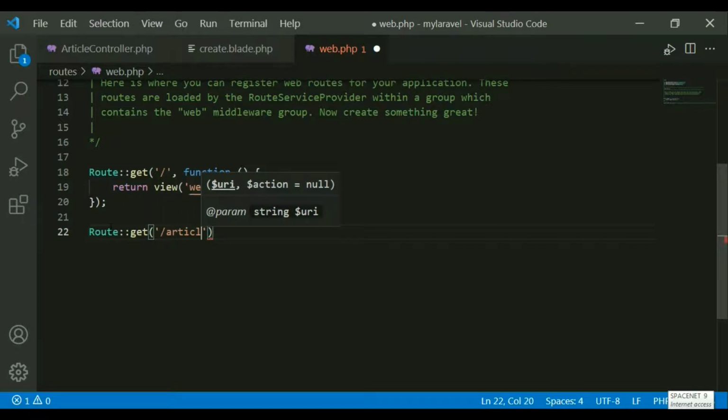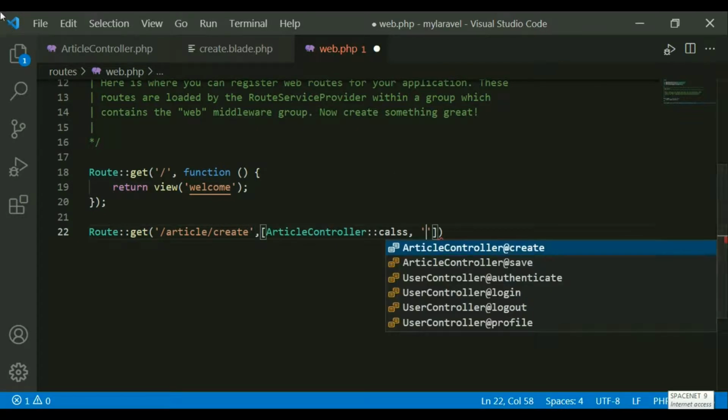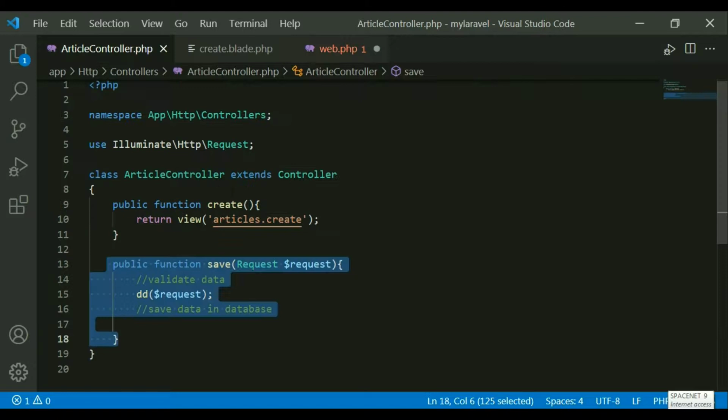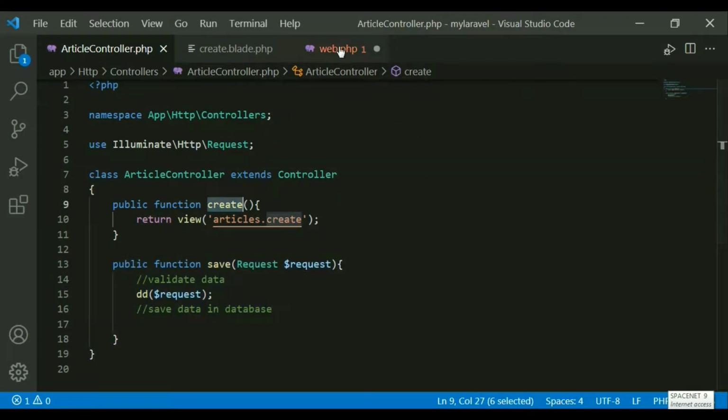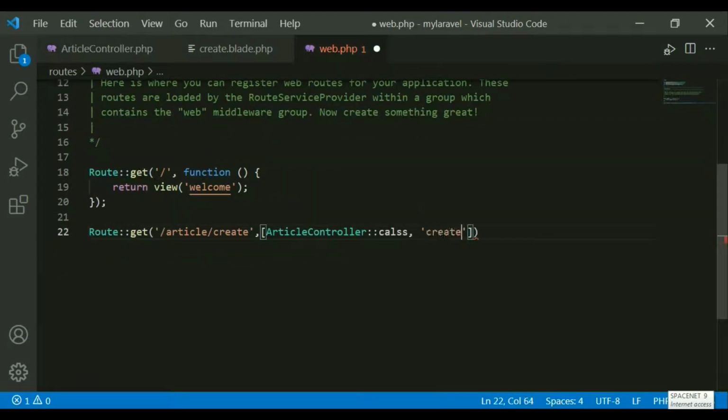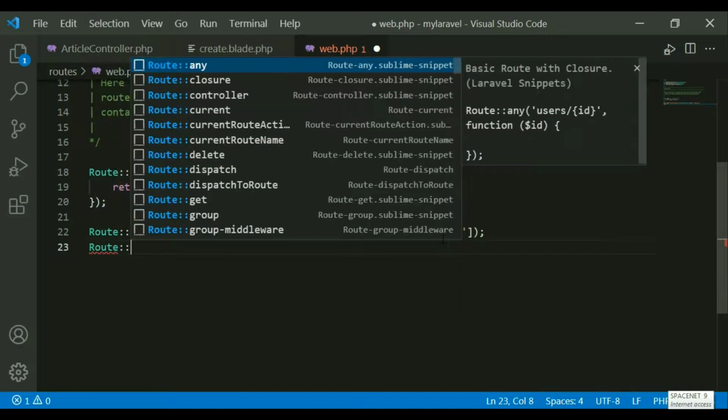So article, or you can say article create. This is the route, and I want to call this create function. So you just write create here. The second route I want to create is route post.